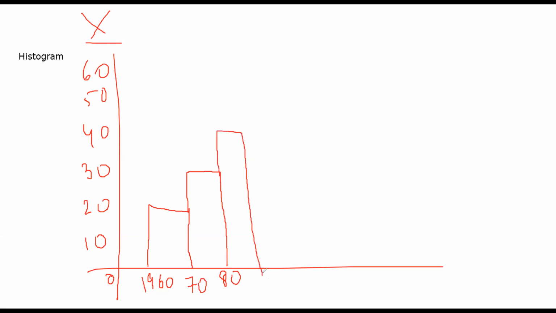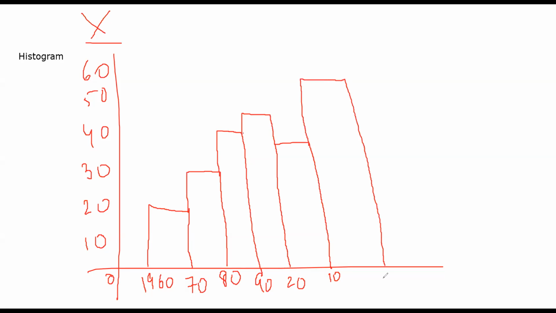40. Okay, 80 to 90, let's suppose only 5 lakhs grew. Okay, let's suppose from 90 to 2000 there was an increase of 5 lakhs. Imagine the country went into war at around 2000 and there was a decrease in population. Now let's suppose they have lost a few members. Their population is now 35 lakhs. Okay, so 2000 to 2010, let's suppose. Okay, from 2010 to 2020, let's suppose this population spiked again and it went beyond this, and this is how it is at 55 now.